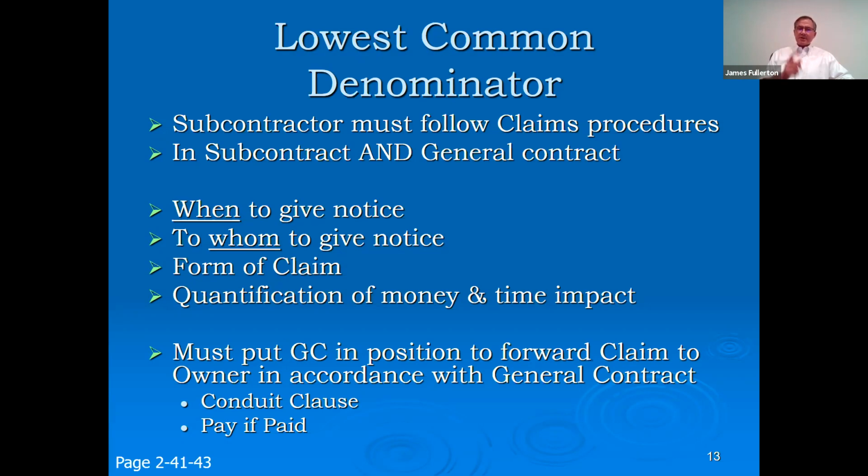You must put the GC in a position that they can forward the claim to the owner in accordance with the general contract. That is because of the conduit clause, incorporating the general contract by reference and saying you are bound to the GC to the same extent the GC is bound to the owner. You also have a problem with the pay if paid clause, which is usually in your subcontract also. If the GC is unable to collect for a change from the owner, they are not going to have an obligation to pay you. And that is a conversation I have had regularly, representing a general contractor or talking to a sub,